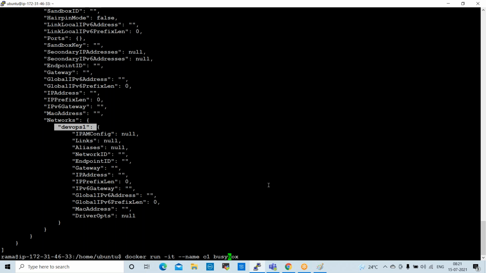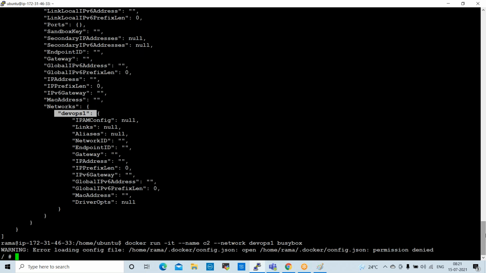Yeah, so another one. Docker run -it --name C2, also you can create. Check it out. Now it is created clearly.